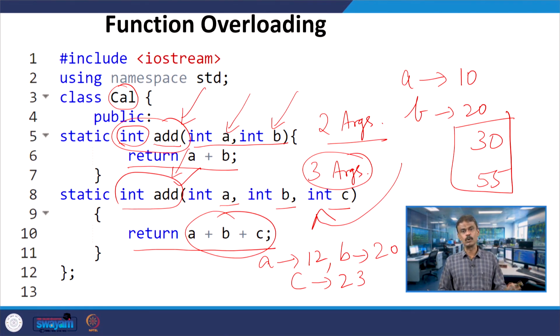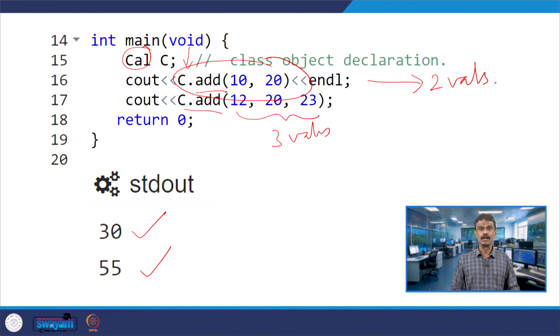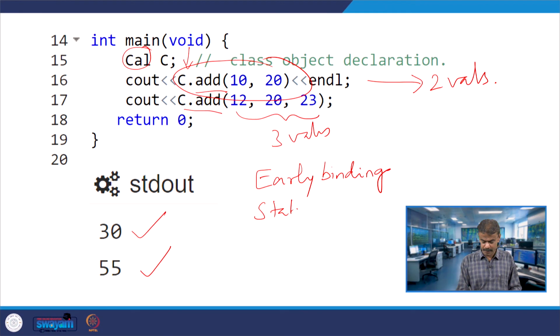These 2 will be decided during the compile time, therefore this is called compile time polymorphism, or another name, early binding. Or you can also call this concept static binding.